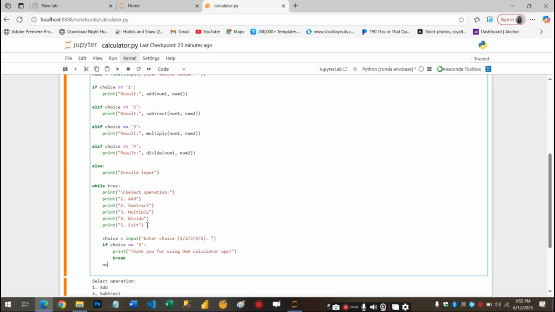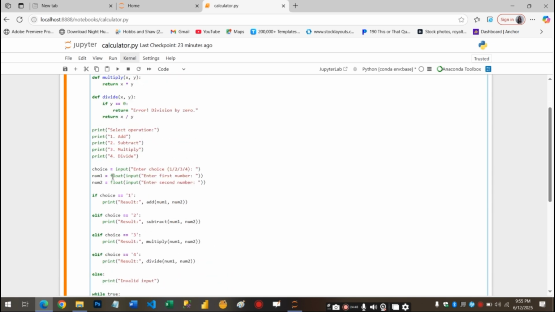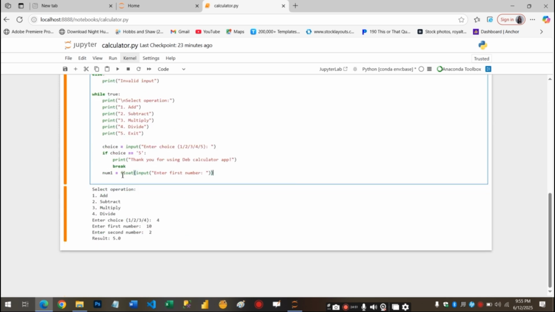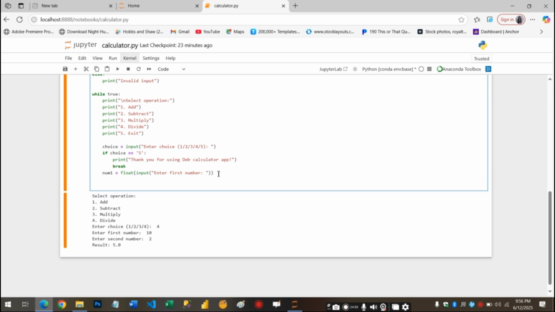We're going to say num1 equals float. Just copy and paste from here to save time. Okay, num2, I'm going to change this to enter second. Okay,